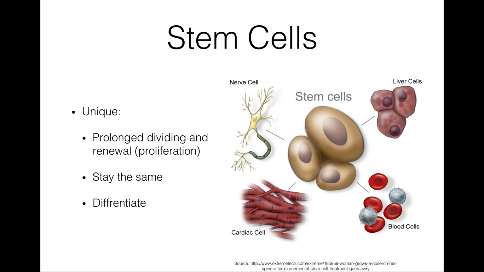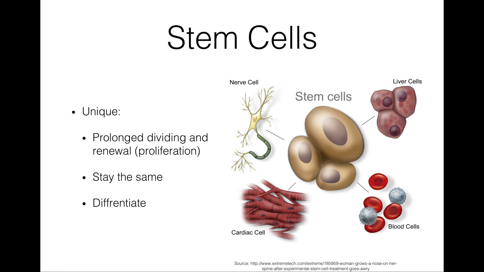So, what makes stem cells so important? Well, stem cells are unique from all other cells because of three specific characteristics that stem cells share. First, they're capable of dividing and renewing for long periods of time. This is known as proliferation. Two, they're able to proliferate just as nonspecific stem cells, meaning they don't become other specific kinds of cells. And three, they're able to become specific to tissue or organs with special functions if they are under certain physiological